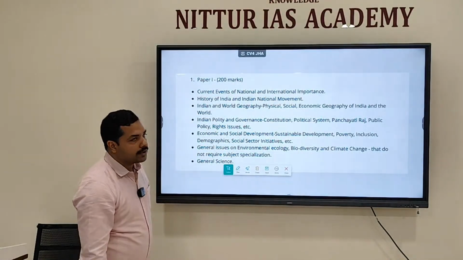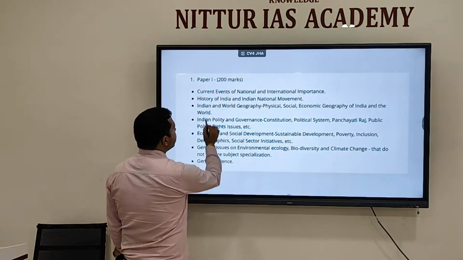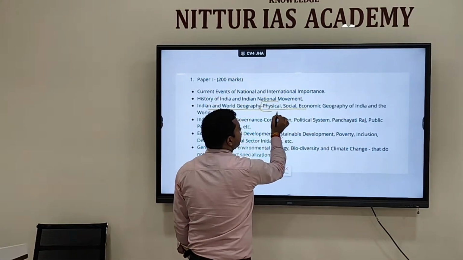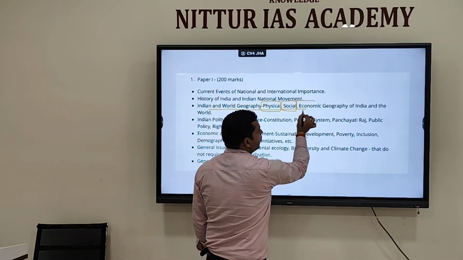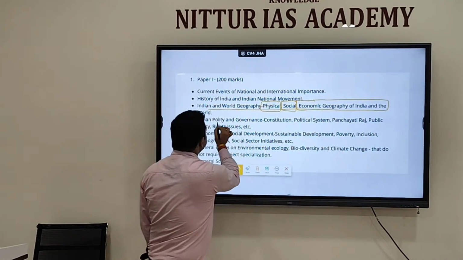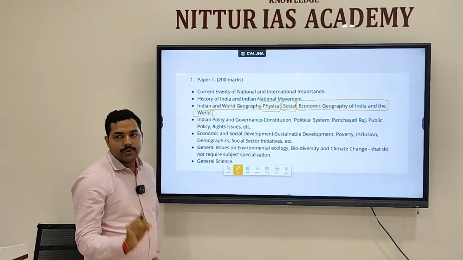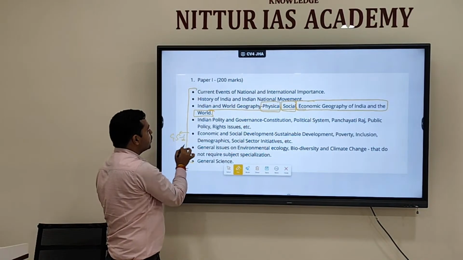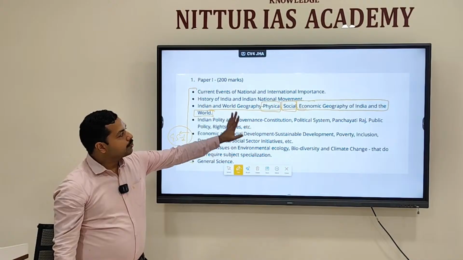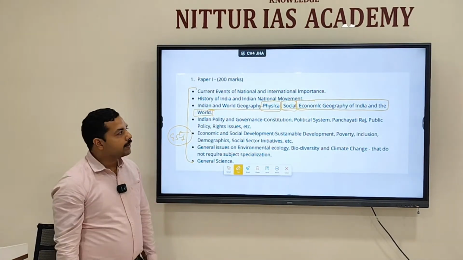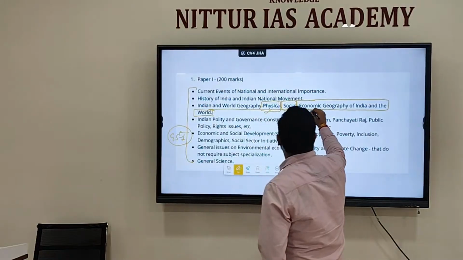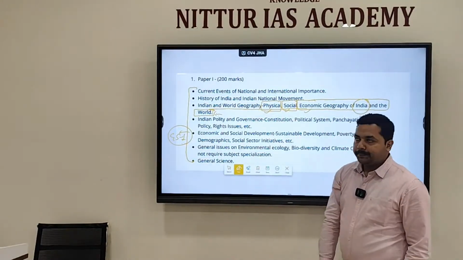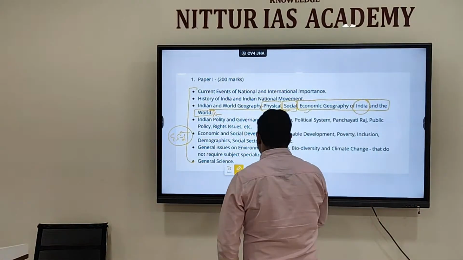Now this is the prelims syllabus that is mentioned, and only this much is mentioned: Indian and world geography, physical, social, economic geography of India and the world. Clear? So this is the GS1 prelims syllabus dealing with geography. A very pointed thing they have mentioned: physical, social, economic geography of both India as well as the world. Clear? Now, if you look at the mains syllabus,